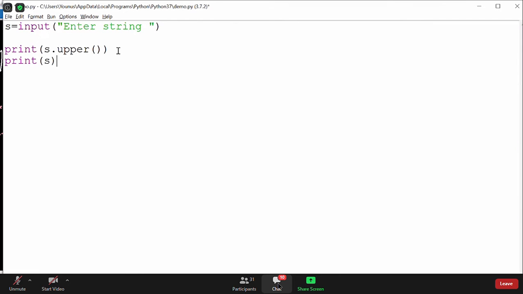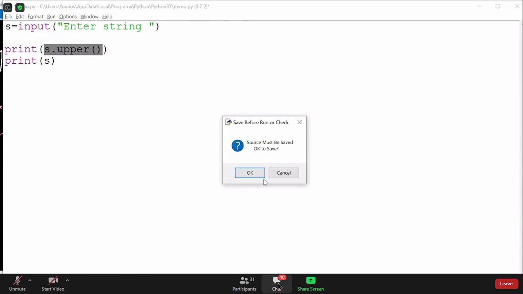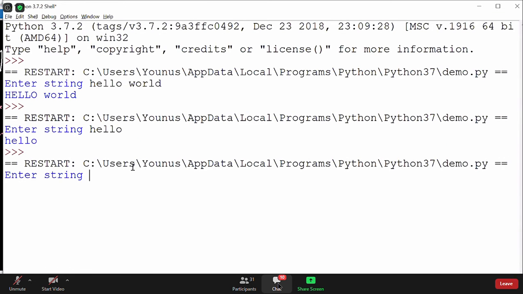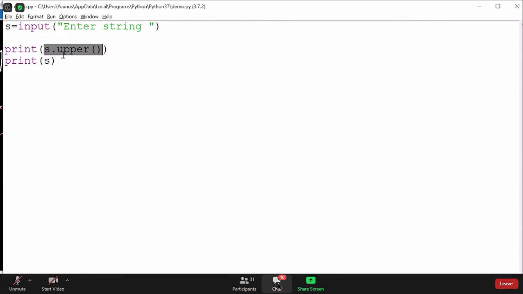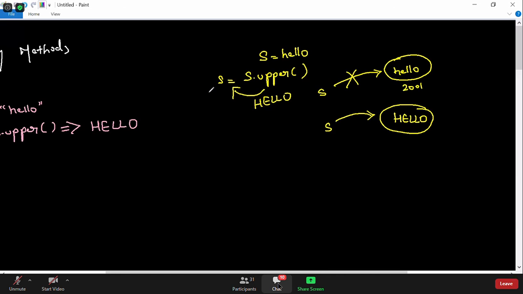That's what I wanted to show you. Sometimes writing it in the print statement and getting capital hello doesn't mean that the object is getting changed, guys. So if I enter hello, no doubt it will print capital hello, but it will still remain small hello only. It proves that the method is returning capital hello, because it's making capital hello and returning it, but as it is not getting stored, s is still referring to small hello.